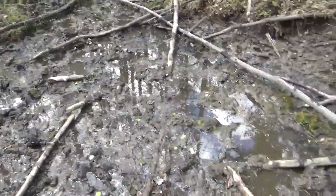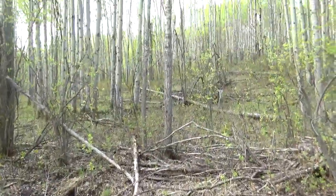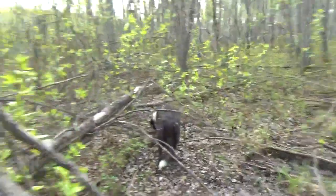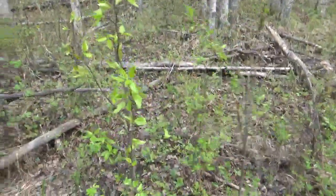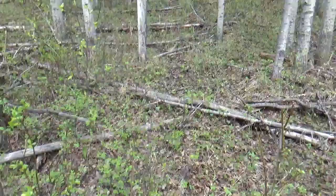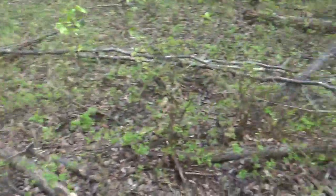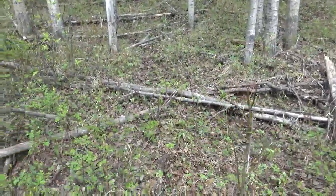So I'm gonna set up a camera. I might even set up two. I can set up one kind of on that poplar tree, and maybe put one somewhere over here on one of these trails or something. I'm not 100% sure what I'm gonna do, because there's a few trails coming in and out of here. So what I could do too is